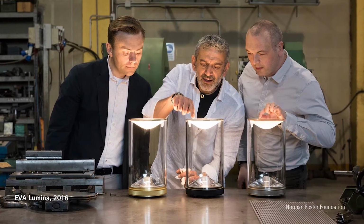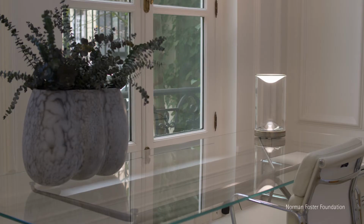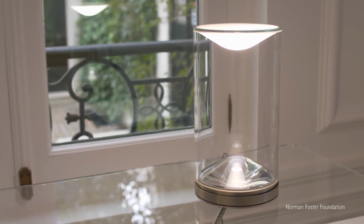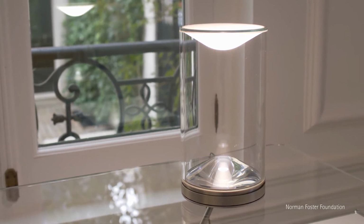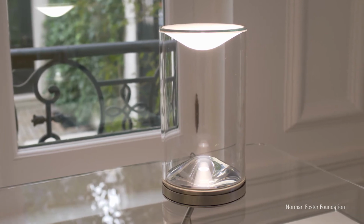We work in many different ways. We get approached by manufacturers with a brief. We develop something for a building that might turn into a product, but then what we also do is we develop products internally to quite a finite point, and then we take them to a manufacturer, and the Flow light was one of those. The Flow light came from